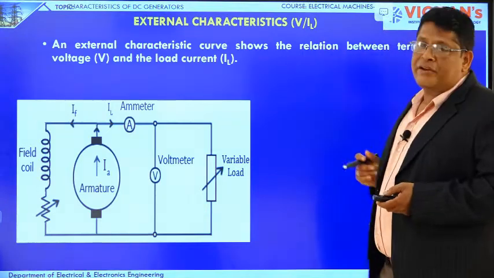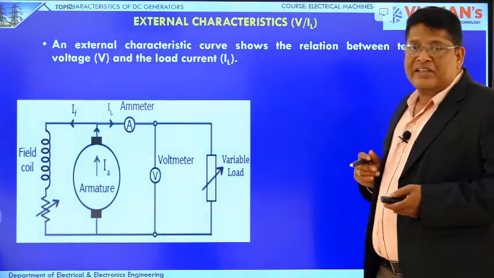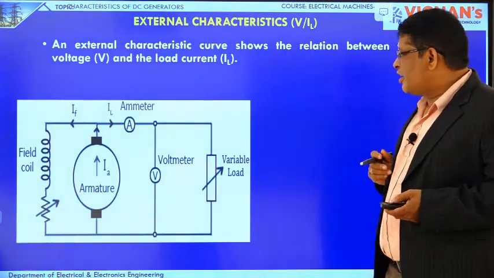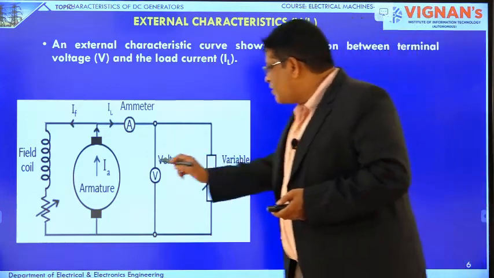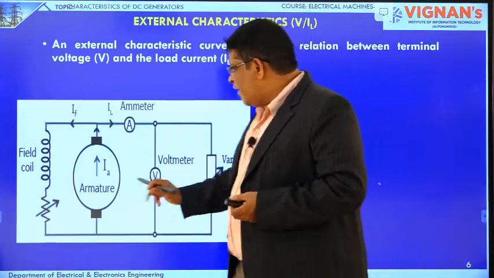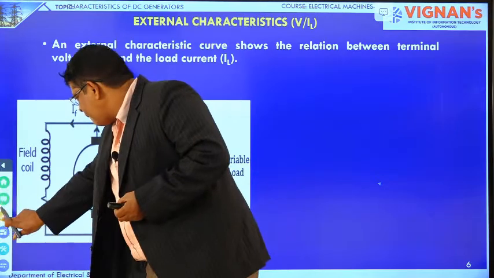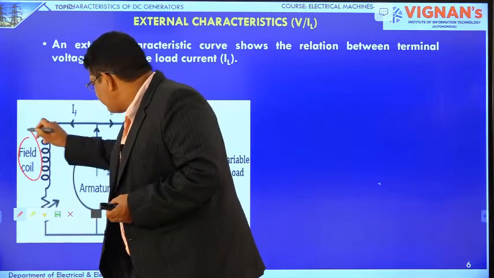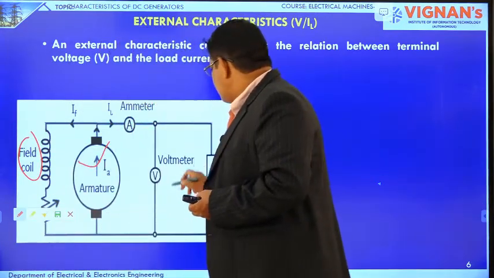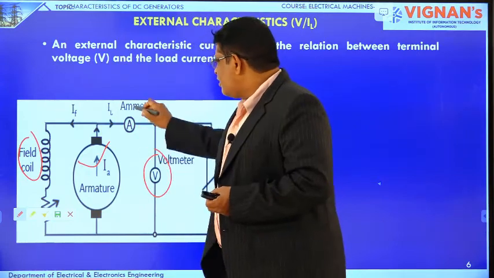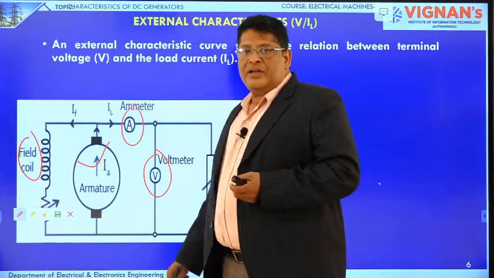This is the circuit diagram for the external characteristics of a DC generator. This is the armature. This is the field winding. Here we kept one voltmeter. Here we kept one ammeter to measure the